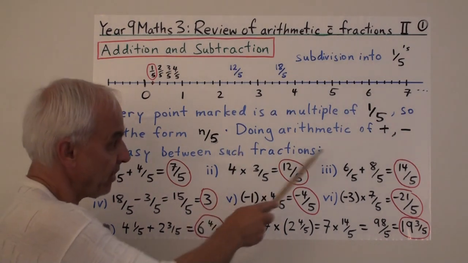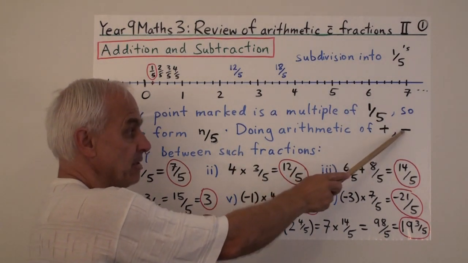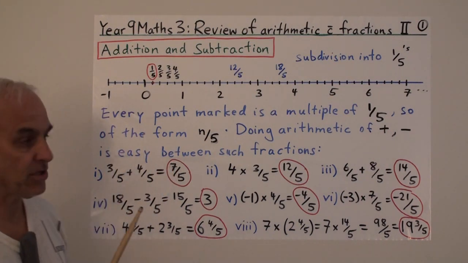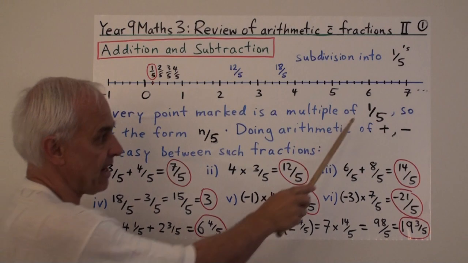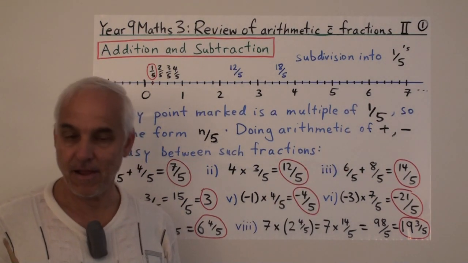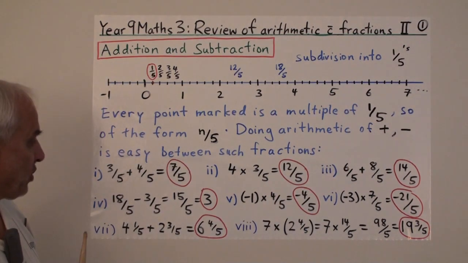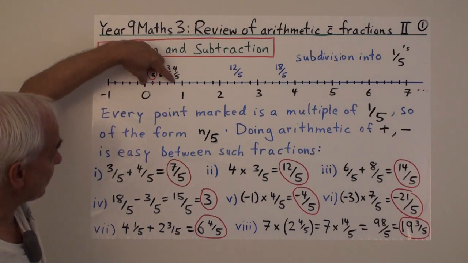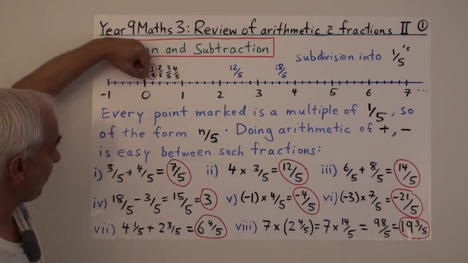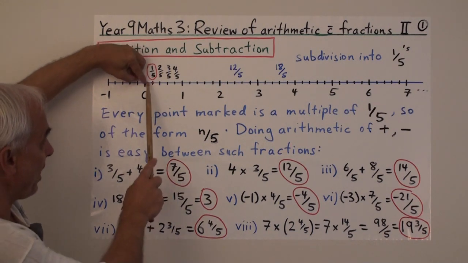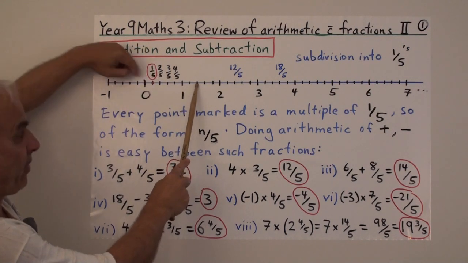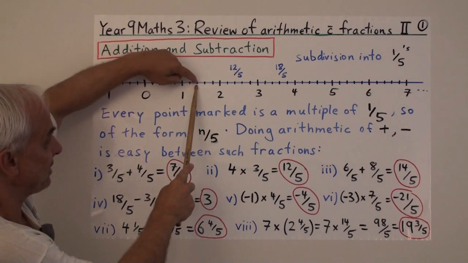So doing arithmetic, at least the arithmetic with addition and subtraction, is easy with just those kinds of fractions. If we restrict ourselves to just, say, multiples of 1/5, then arithmetic is pretty easy. So for example, 3/5 plus 4/5. We're adding this length to this length. 3/5 plus 4/5 is 7/5. You can think of that as here's 3/5, and then if we go another 4/5, 1, 2, 3, 4, we end up there, which is 5, 6, 7/5.